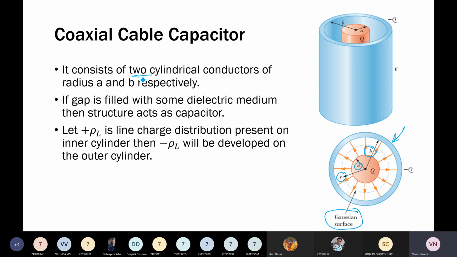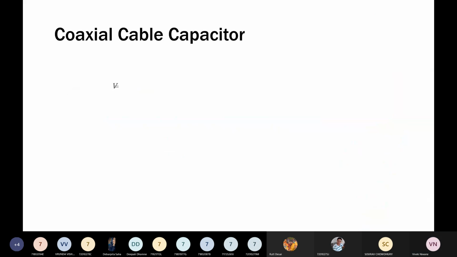It consists of two cylindrical conductors of radius A and B respectively. If the gap is filled with some dielectric medium, the structure acts as a capacitor. Let plus rho L be a line charge distribution present on the inner cylinder. Then according to Gauss law, we can say that minus rho L, negative line charge density, will be developed on the outer cylinder. Okay. Now we know that V is expressed as